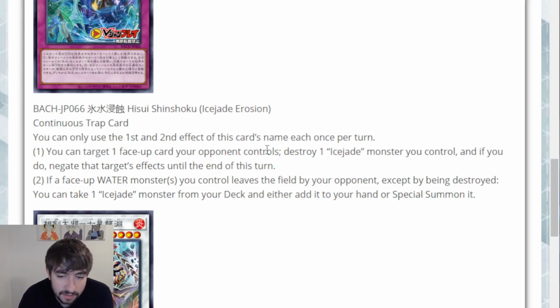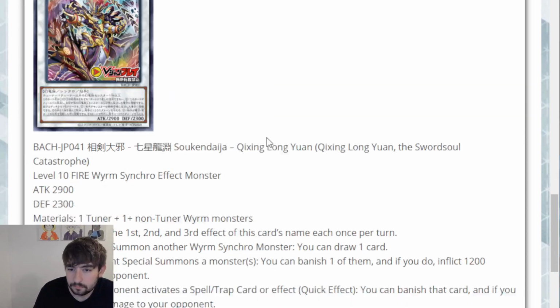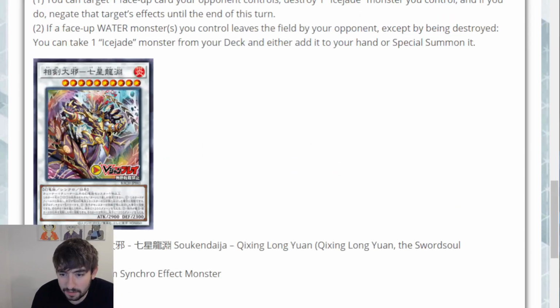I think this card's pretty good. Obviously the interruption's not super high ceiling, but I do think it's pretty good overall. The only thing I could really wish for is that it could disrupt with any water monster on the field, like destroy any water monster you control instead of specifically Icejades, but I'm not complaining. It's searchable, so yeah. Next up we have a Synchro, which is funny enough a fire...